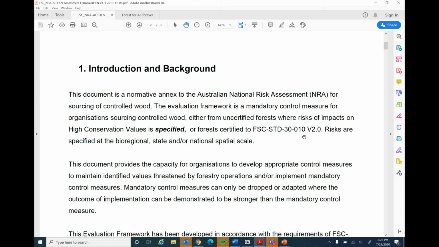So the difference traditionally was the 30010 was developed for organizations that own lands or have exclusive management rights to the forest, and operates on a more principles and criteria basis. So it's quite similar to the forest management standard,